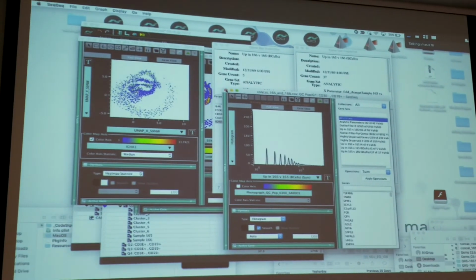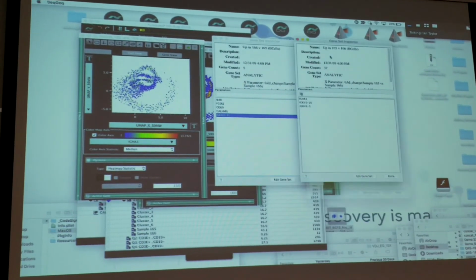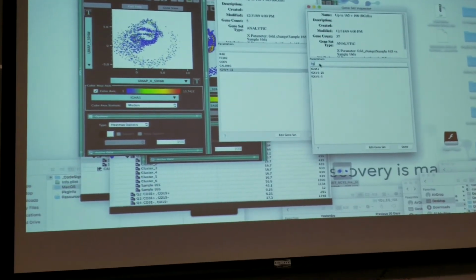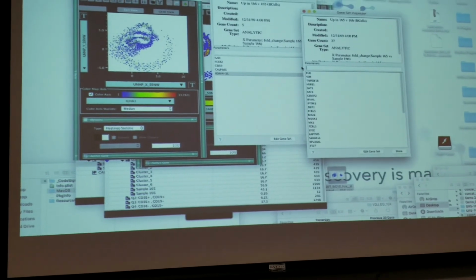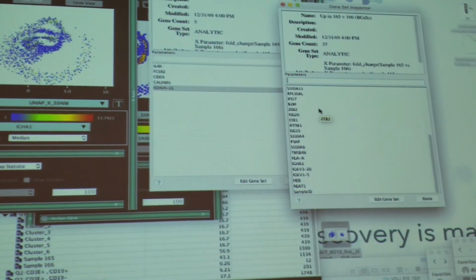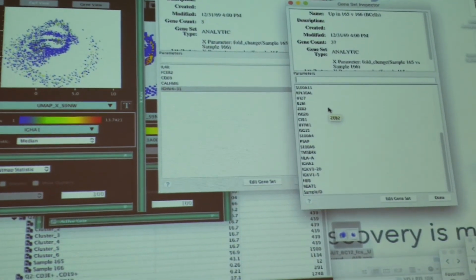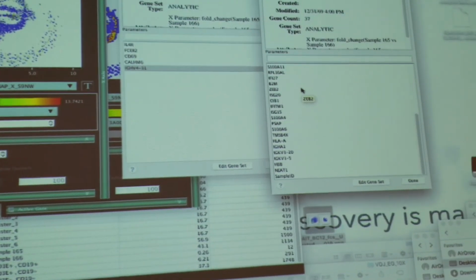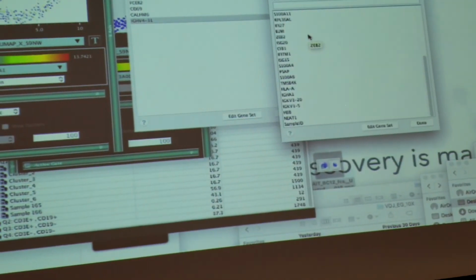I mean, these gene sets are, I would say, the most interesting thing that I've seen in this bit of analysis, in terms of drilling down to B cells, and then looking at genes that are differentially expressed between the two samples. So these might be, if you're interested in